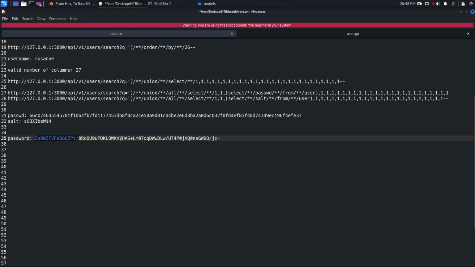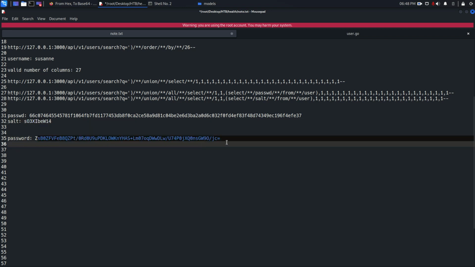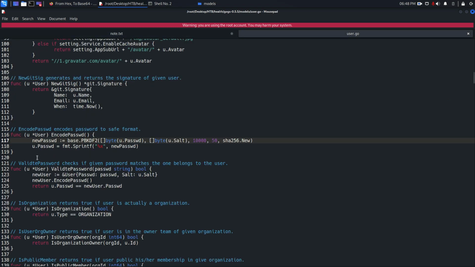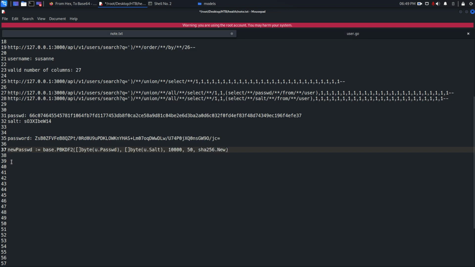Okay, but this is with the salt, and we already have the salt. So we need to extract the clear text password. So we have the salt, we have base 64. Now what we need is the new password equal to this. So I'm going to copy that, put it here, and if we look at this, it is going to be like SHA 256, then colon, 10,000, and then